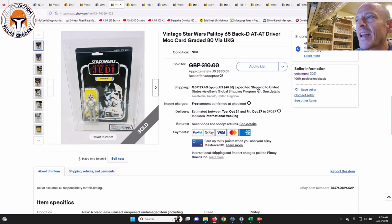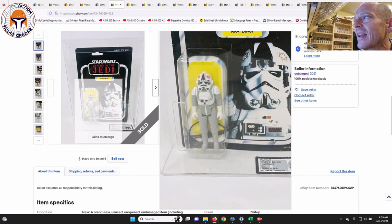Next up, this one was one I sent out in a buy it now alert to my Patreon supporters, and I was curious to see how long it would last, and it did not last too much longer after that. So I hope that one of y'all picked it up. But this was the 65 back D AT-AT driver on the Palitoy card back,